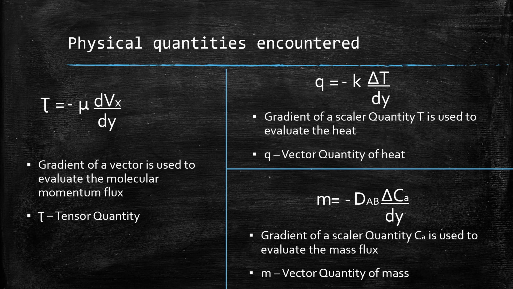So here it is very important to understand what are the different physical quantities we are going to encounter for the seemingly same equations. If you see here, there is some property on the left hand side, that is the effect that is caused due to some gradient, and there is some constant of proportionality. Though the three equations look very similar, they have a very basic similar fundamental theory. However, the characters of all three equations are different, and hence their relevance becomes different.